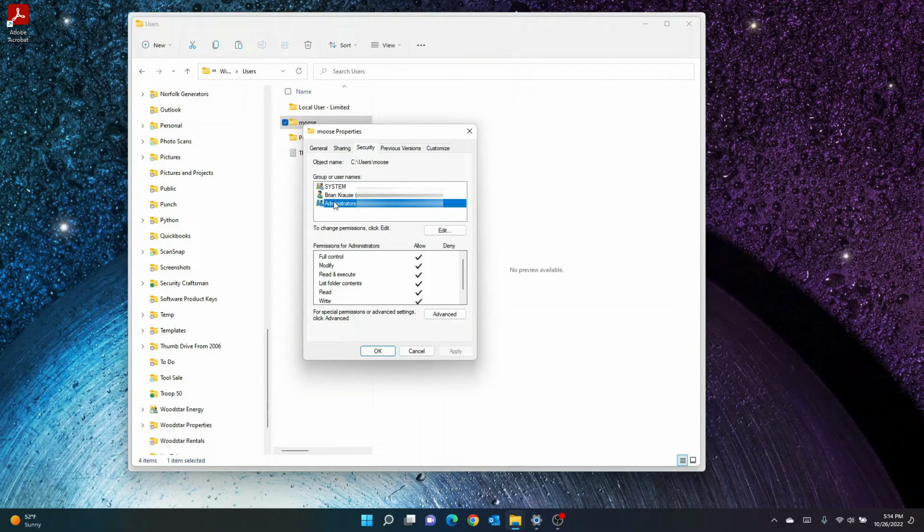That means my account is an administrator account, and we look at what sort of permissions are available for administrators. Well, I have allow checked on all of those. So I have full control. I can modify, read, execute, list folder contents, read, write, all of that good stuff, giving me full access.